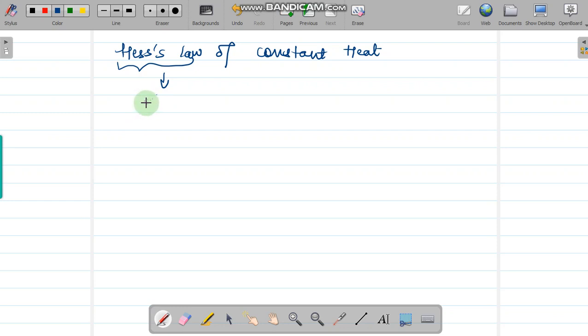Suppose I have a component A, it is changing into B, and then C, and then C is again changing to A. Okay, now suppose I say that A can directly change into B. Your path one is that A is changing into B directly. This is your path one, which means the work is happening in a single step.